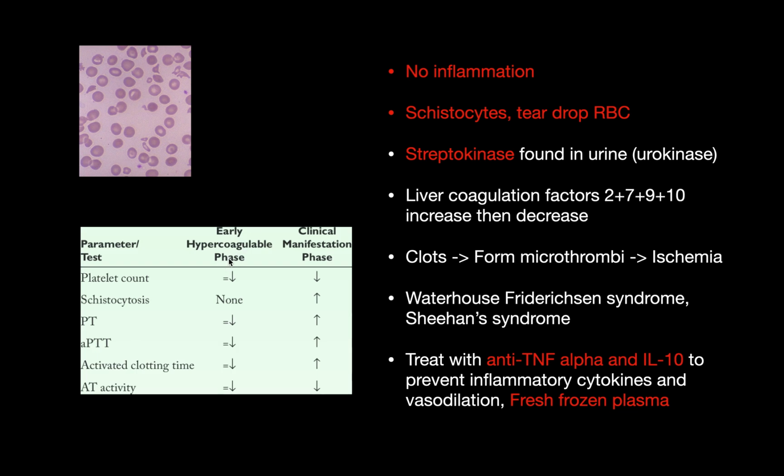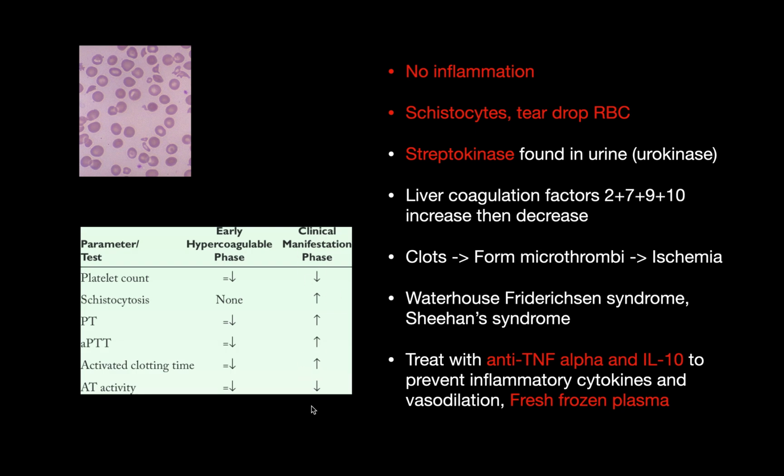In the early hypercoagulable phase, the platelet count is going to be down. There's no schistocytes yet, but eventually they will show up along with the dacrocytes. The streptokinase is going to be found in the urine as urokinase, and the liver coagulation factors 2, 7, 9, and 10 are going to be first increased, and then they're going to be decreased